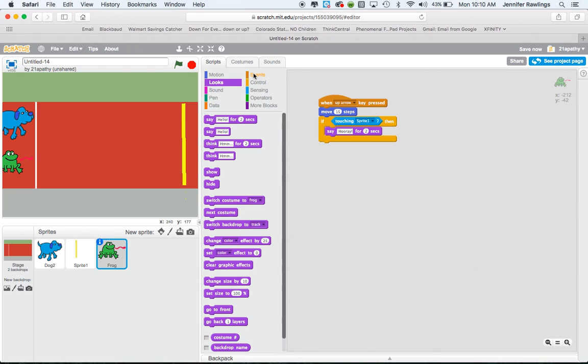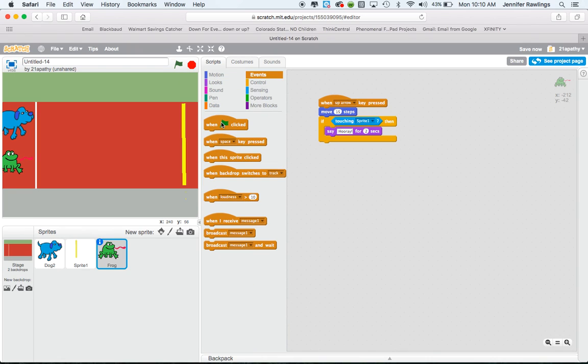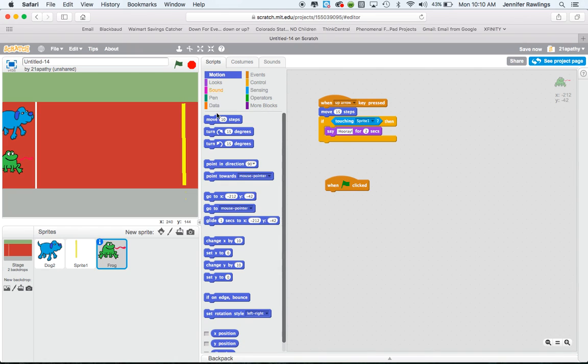Now we want him to start back over when I click on the flag. So to do that, we need to go back to events. When the green flag is clicked, then go to motion, and we want it to go to the X and Y axis. Okay, so watch. When I press the up button, and he gets to the end, I can press the flag and he'll go back to the beginning. So now I can use both buttons to race